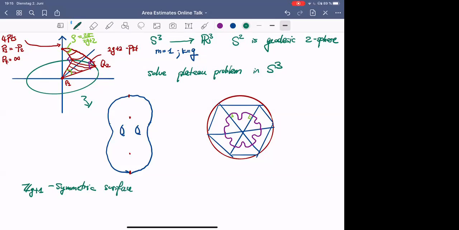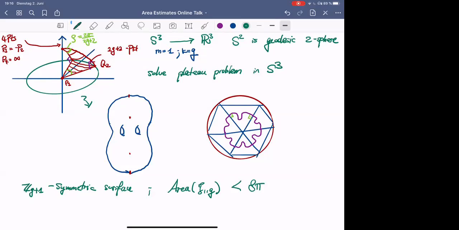And the symmetry axis is this one. And the fixed points of the symmetry are these 4 points. And what you can also see is that the area of your surface is smaller than, or maybe equal to, 8 pi,